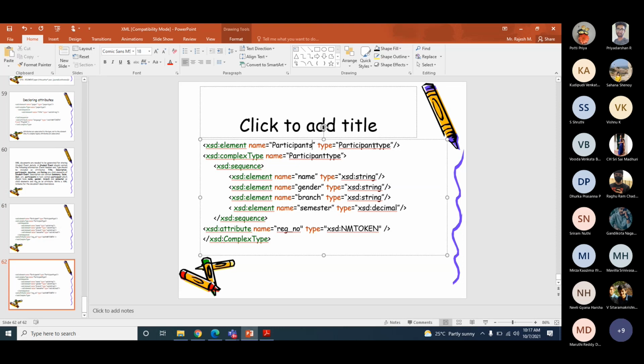Participants, I call it participants type. Name equals participants, type.